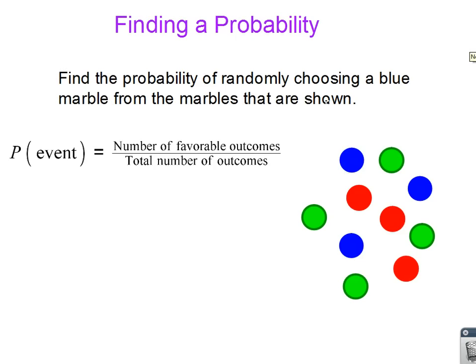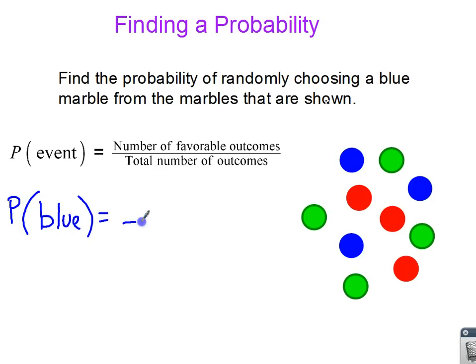All right, our first example. It says find the probability of randomly choosing a blue marble from the marbles that are shown. So looking at the right side here, we have a couple different colors of marbles, and setting up the actual question, it says find the probability. The event is a blue marble, so we're going to randomly choose a blue marble from the total amount of